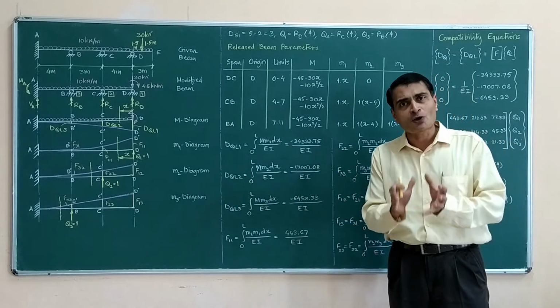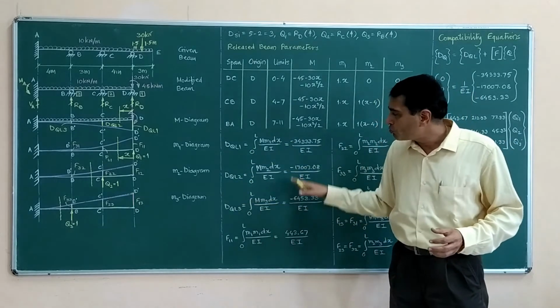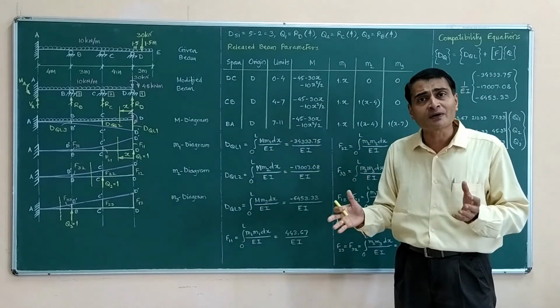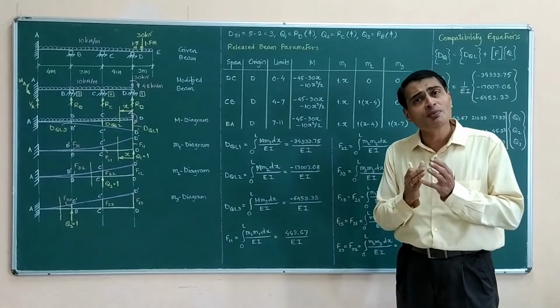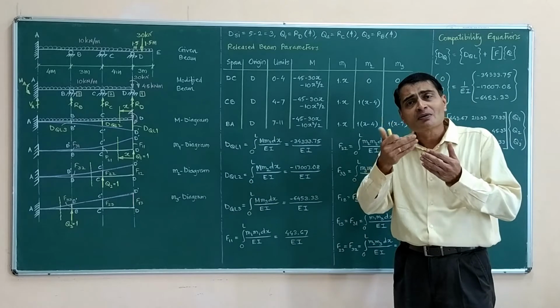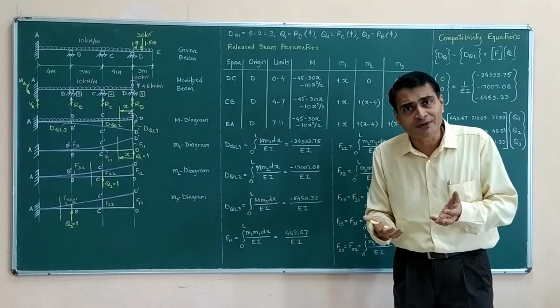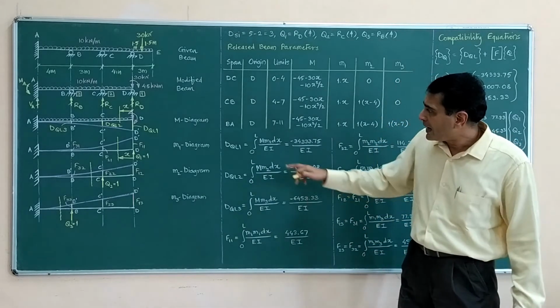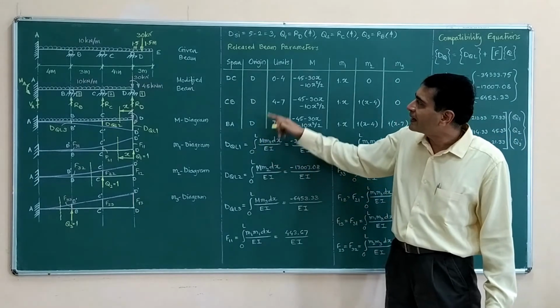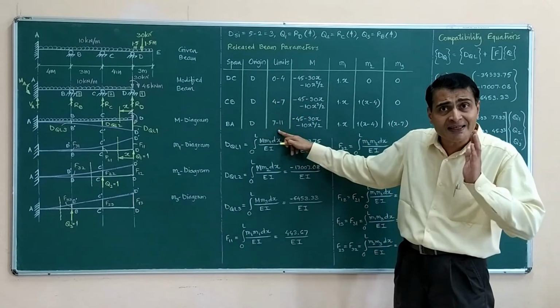That is the way we calculate. This is how we apply unit load method, and this expression can actually be proved when we see the fundamentals of unit load method. So great, I have 0 to L and I have 3 spans, so I have 3